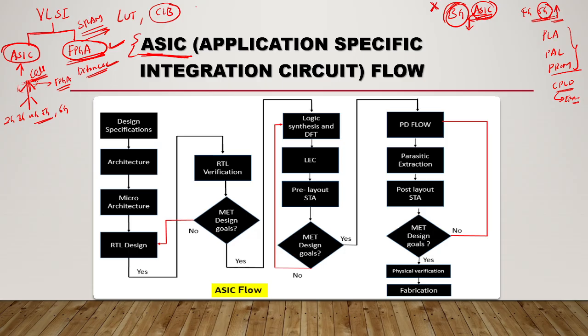Mainly we are talking about VLSI and ASIC. We are also talking about SoC, system on chip. SoC is nothing but system on chip: all the peripherals, the ARM processors and whatever peripherals are there, are in the SoC. IPs also we are talking about. IP is intellectual property. Suppose you have single port RAM, dual port RAM, FIFO, I2C, SPI. These protocols we call IP, intellectual property.